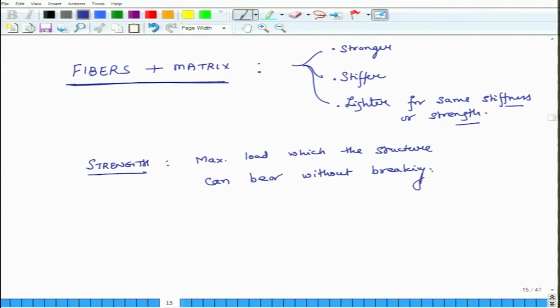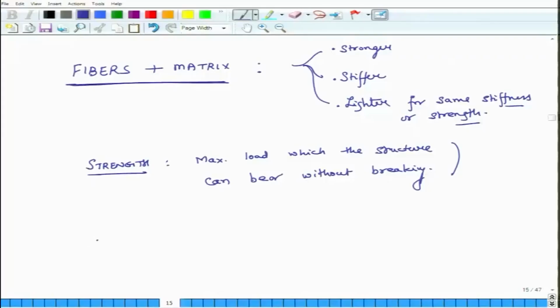So, for example, you are designing a bridge and you want to make sure that if you put 1000 tons of load on the bridge, it should be able to survive it. This load could be because of a lot of trucks, cars, vehicles, people, and also the weight of the structure itself, and it should be able to bear all this weight and still not break. So, that is known as the strength of the structure, okay? Stiffness,